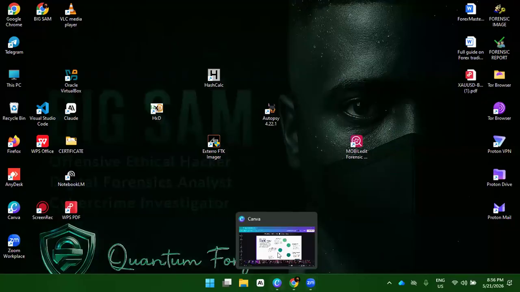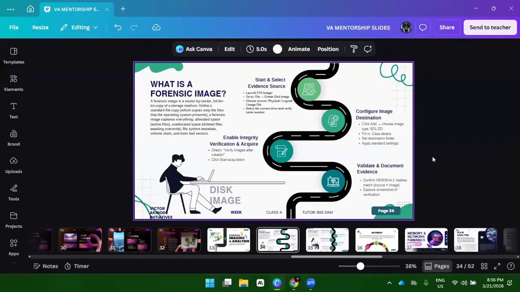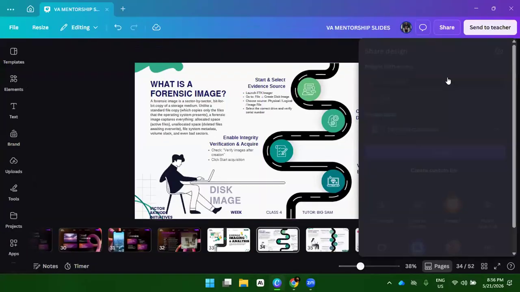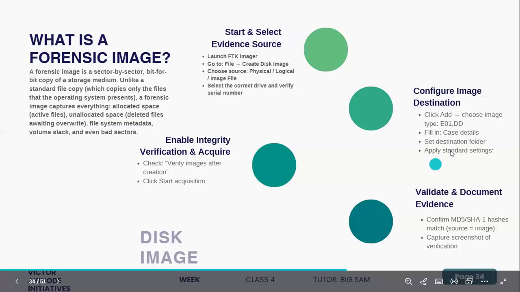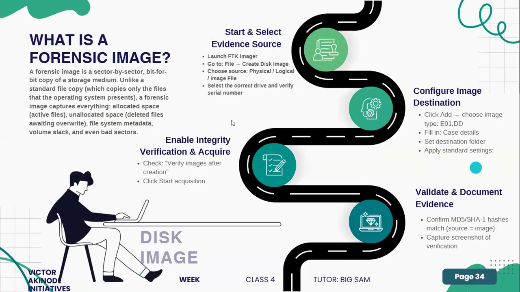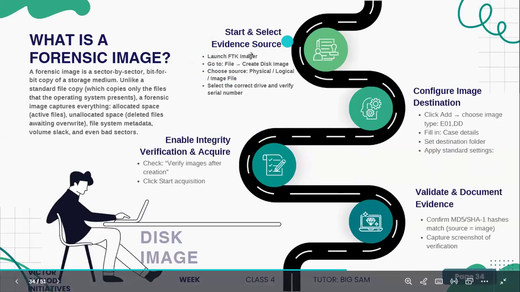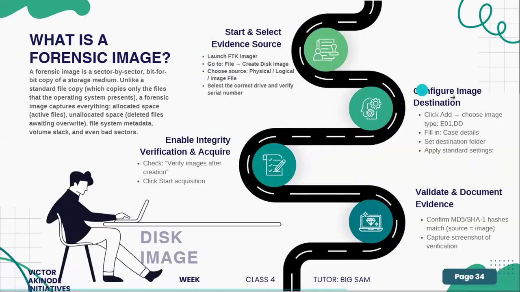Now, we are running very fast. Because of our time, I would have gone deep into the whole thing. Now you can launch your FTK Imager. These are just processes. Don't worry, I'll find a way of sending the slides so that we can go through the process of acquisition and disk imaging. You're trying to image a particular file, and if there is time tonight, you can still try it out. So we can come back to that.